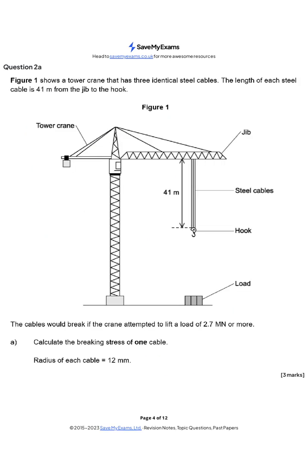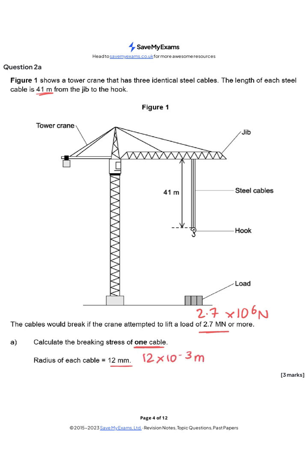Question 2 shows a tower crane with 3 identical steel cables. The length of each cable is 41 meters. And we've got a braking force of 2.7 meganewtons. So we just write out 2.7 times 10 to the power of 6 newtons. That's what mega means. And we're working out just one cable, and we've got the radius as well, which if we convert into meters is 12 times 10 to the